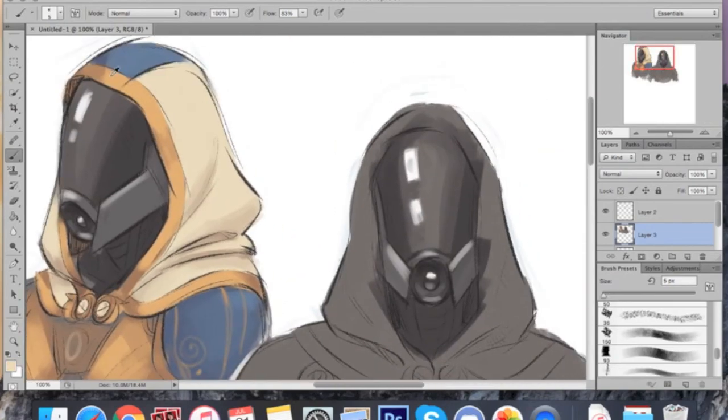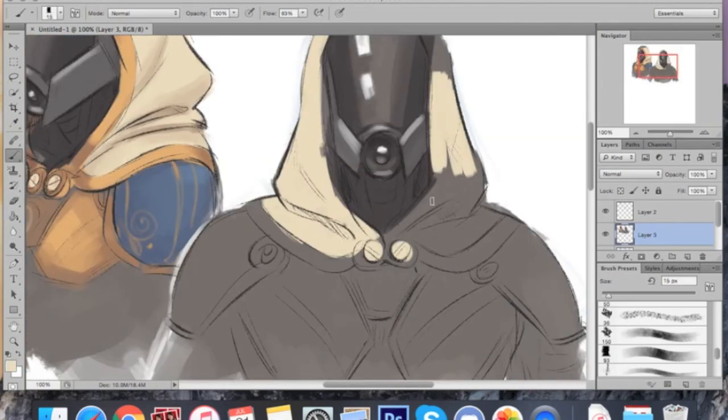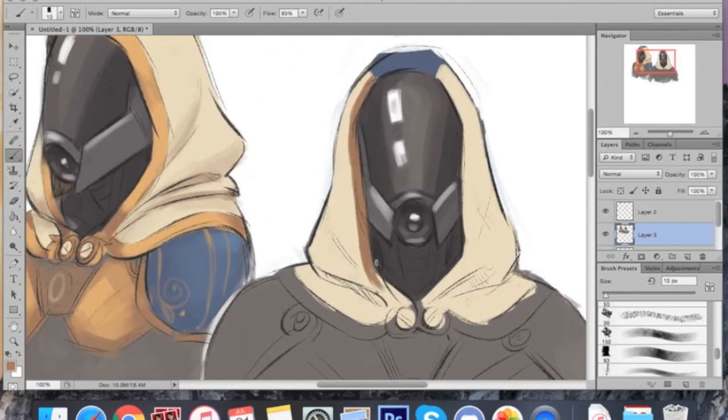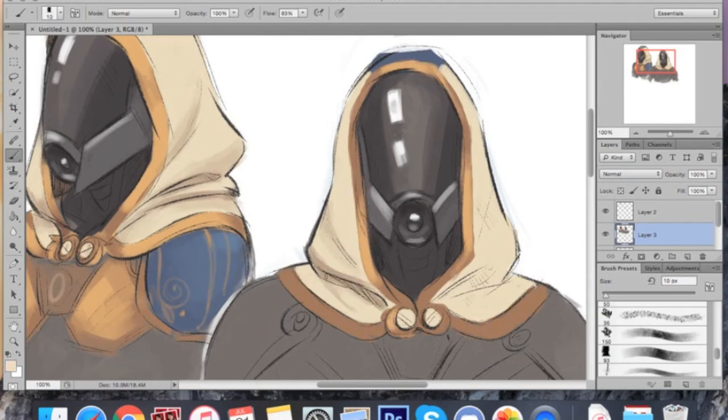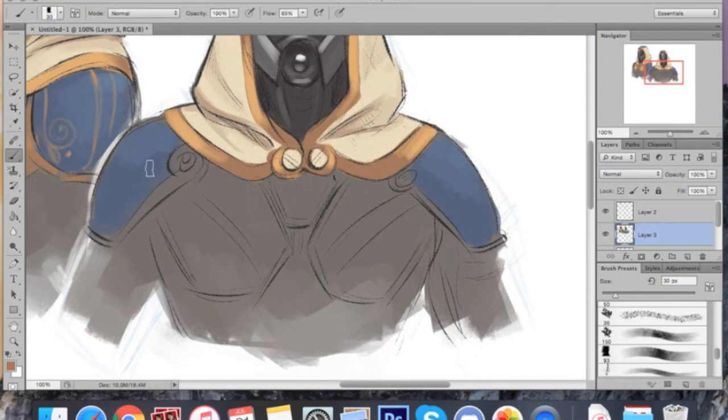Well, I color all on one layer. I don't know if that's unique or not. I honestly have no idea what people do. I'm not in touch with a whole lot of other artists who are very open about their process, but I do use as few layers as possible. I used to paint all on one layer, but that's really hard. So I'm usually a 3 layer kind of gal, and then I